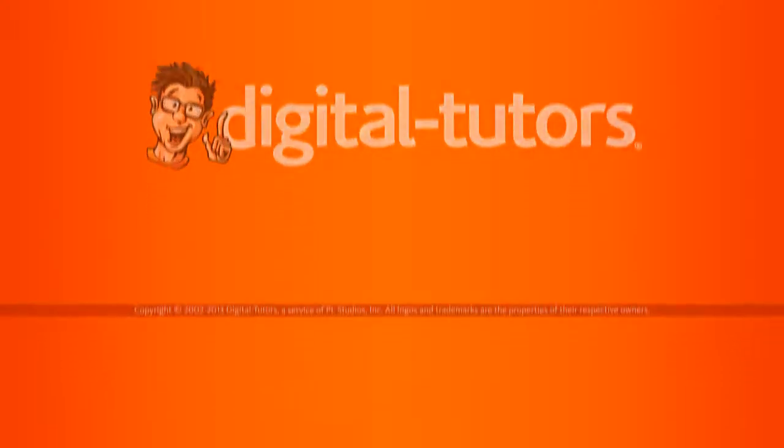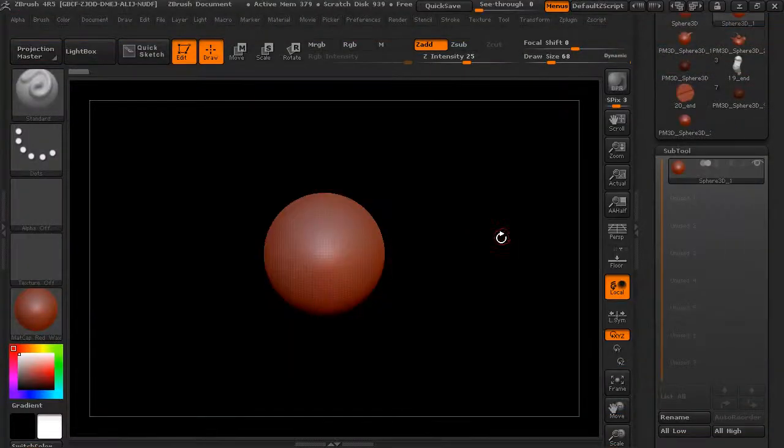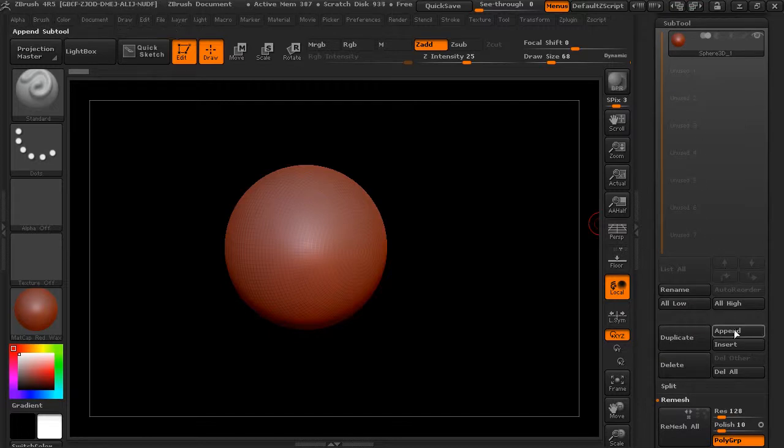In this lesson, we'll talk about the process of remeshing. So in ZBrush, the process of remeshing is basically the combining of different pieces into a single new remeshed piece of geometry. So for instance, if we start to append different subtools to this, we'll go ahead and let's append